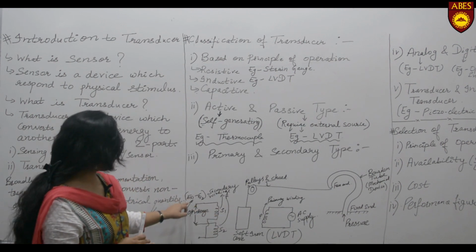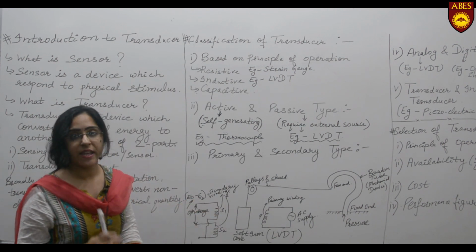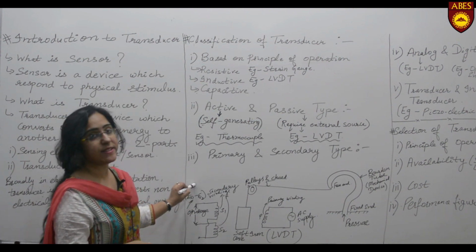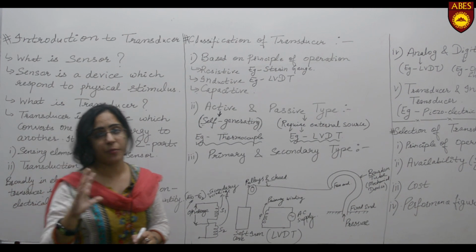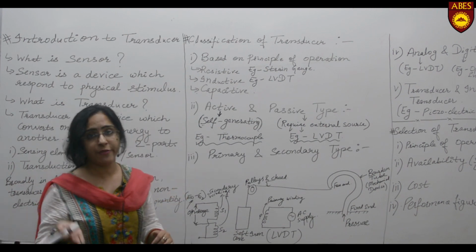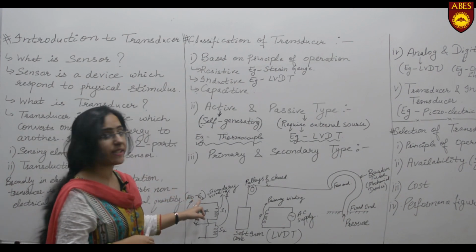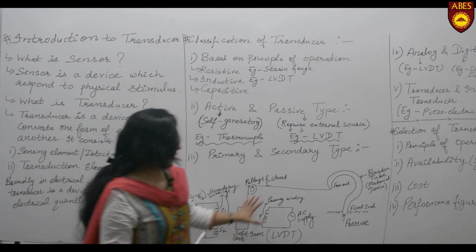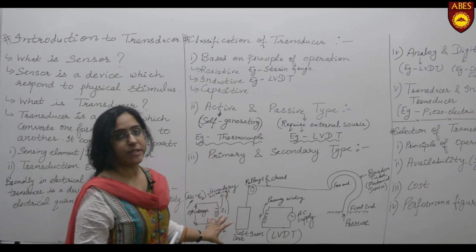So in that case, the differential output is ES2 minus ES1. So here we can have the negative output. This negative output shows the series phase opposition. The voltage is going out of phase. Whereas in ES1 minus ES2, the voltage is in phase. Right? So this is the basic principle of the LVDT.